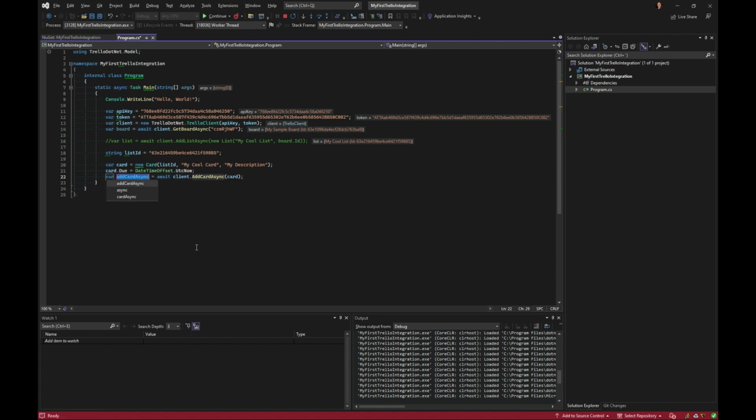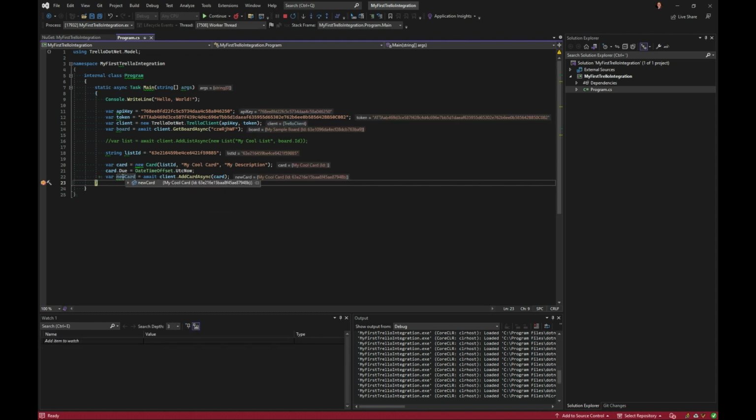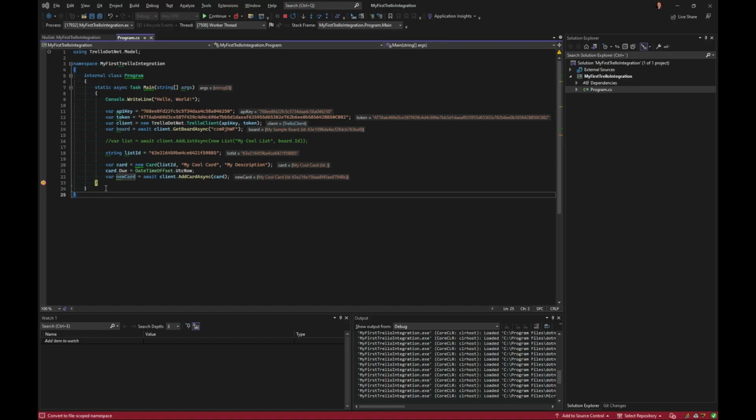But we can make a new card. Because you shouldn't really use this for other than input card, because this new card will have its ID and all the different created dates and such things. But let's run this. Let's put this here and run the code. So now we have a new ID for this cool card. This one didn't have an ID because it was just the input object. And we have my cool card, which has a due date of today's date of this recording.